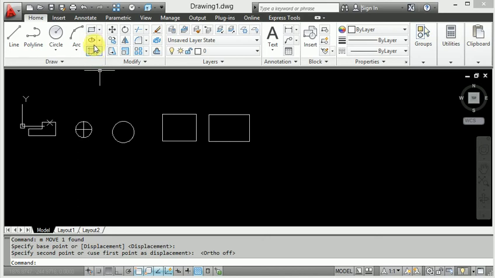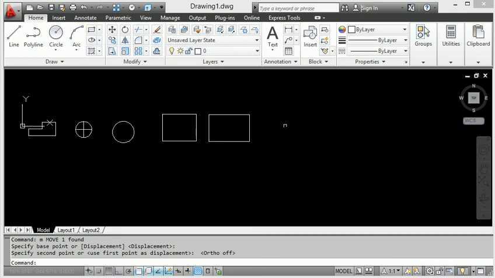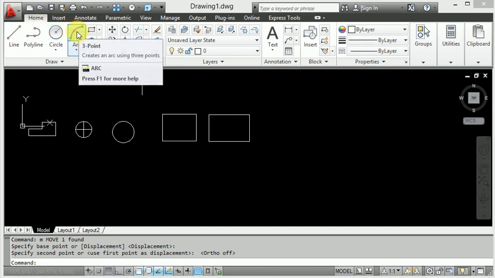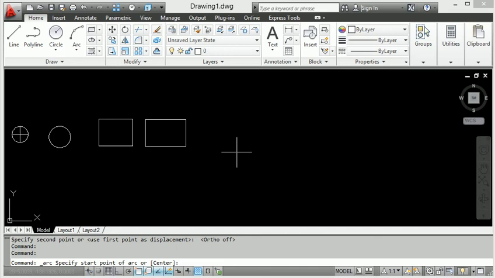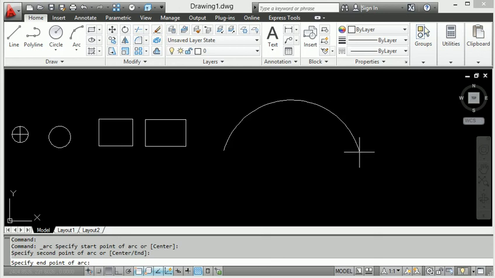So we have made the line, circle and rectangle, and now how to use the arc command. See this, the arc here. How do we use it directly? Go to the home page and apply the arc command. Here you can see that the arc command basically takes a start point, then a second point, and also joins to a third point.